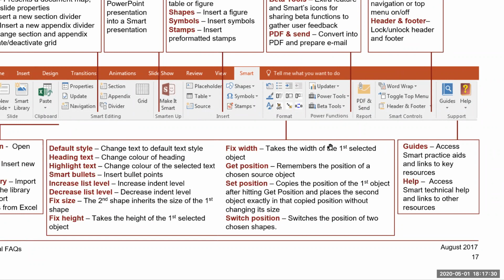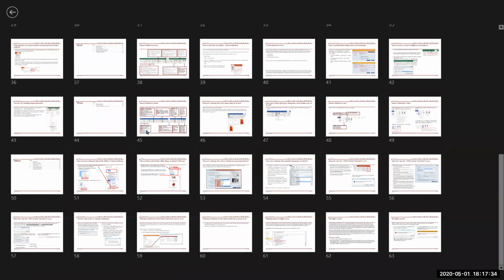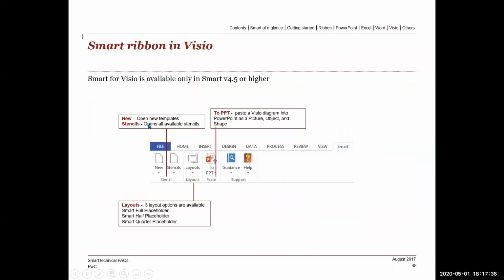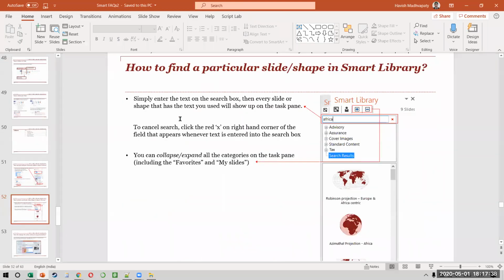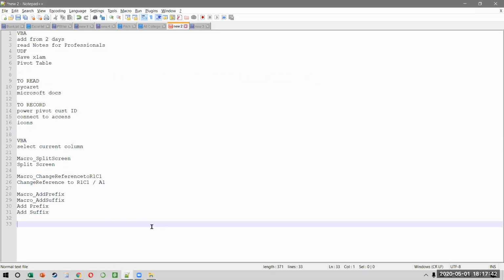If you want to make 2 shapes the same width, people say, but I can do it manually, but you don't want to spend all the time doing it, right? And that's the advantage. That is why these guys make standard presentations across, because their brand guidelines are extremely stringent. If they say 11.5 is the font size, they have to use 11.5. If they say it has to be green with a CMYK value of a certain number, they have to use that number. They're not allowed to experiment. They can't even use an icon from the internet, even the free ones.